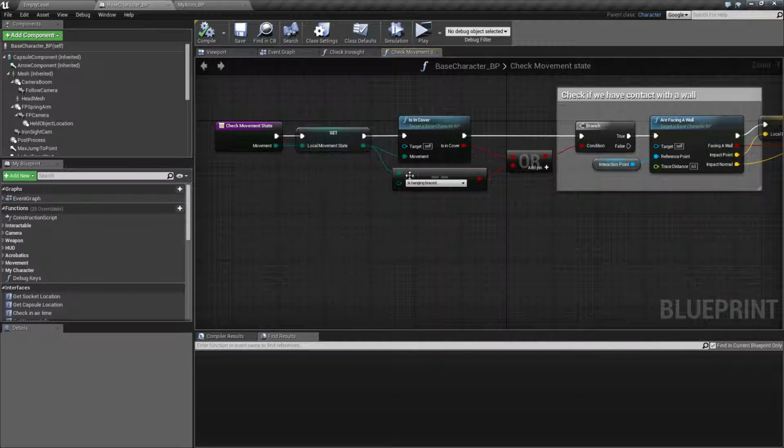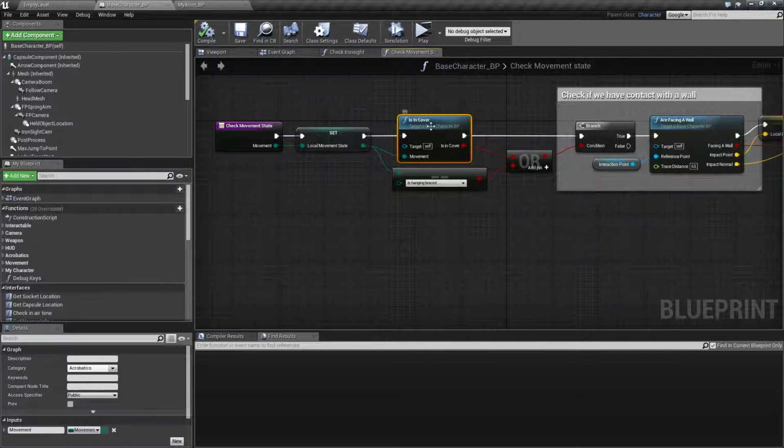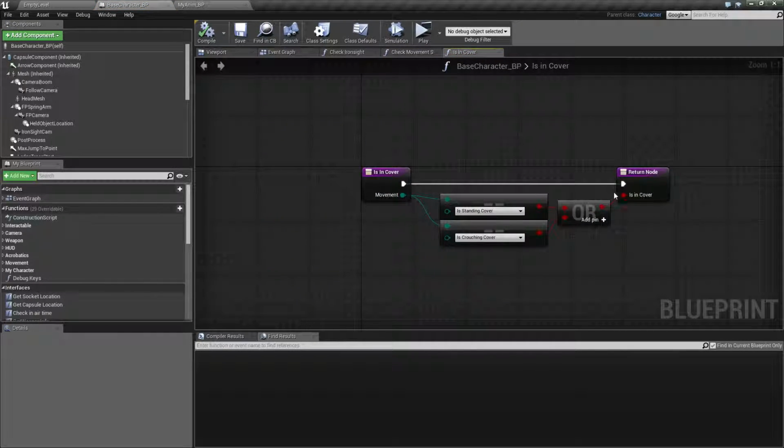So this is actually something I'm gonna do over the next few videos, to eliminate these parameters here. It's been quite a difficult decision. So anyway, that's what I'm gonna go with. And also, I think this one is in cover. This is a function I made. I'm gonna convert this